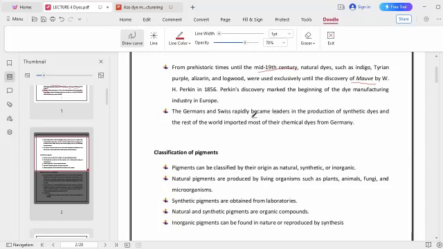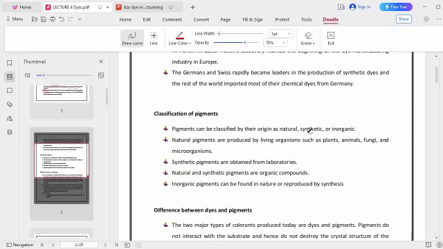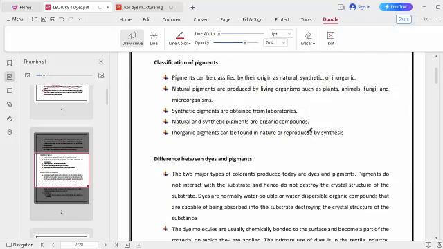Then the Germans and the Swiss also began producing some synthetic dyes for the rest of the world during the war, during World War. Okay,